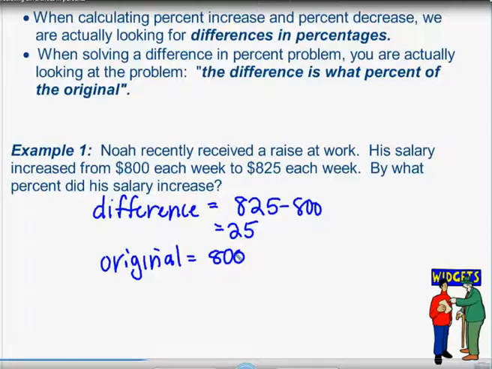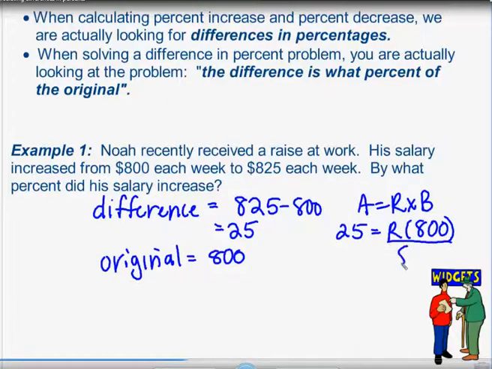We can use what we've learned about percents before and use the formula A equals R times B to solve this problem. A represents the difference or the amount, and B represents the base or the original value. So replacing A with 25 and B with 800, we'll be able to solve for R by dividing both sides by 800. And we'll find out that R is equal to